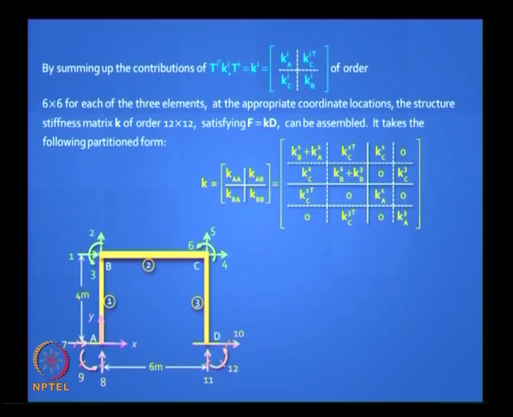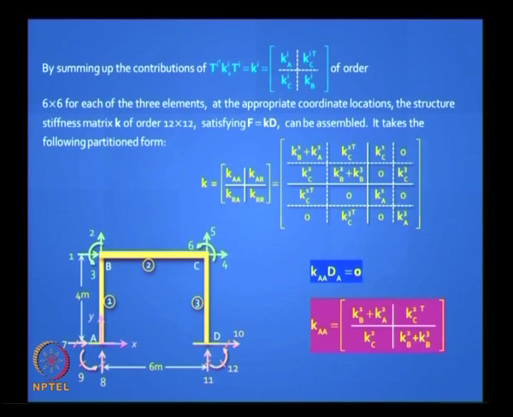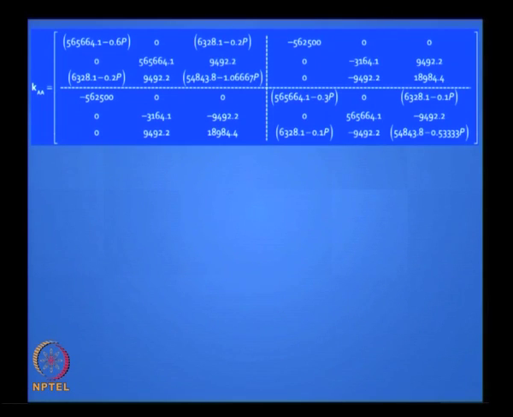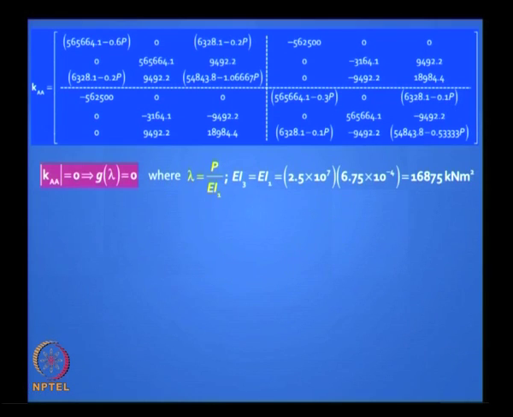Then you assemble the structure stiffness matrix exactly the same way we did earlier, and you can write it in this form, and it's exactly the same procedure, only thing an unknown P comes into the picture. Finally you get Ka in this form, that's all you need, you don't need Kar and Krr. And if you want to get the correct answer, then you must find the determinant of this matrix, right.